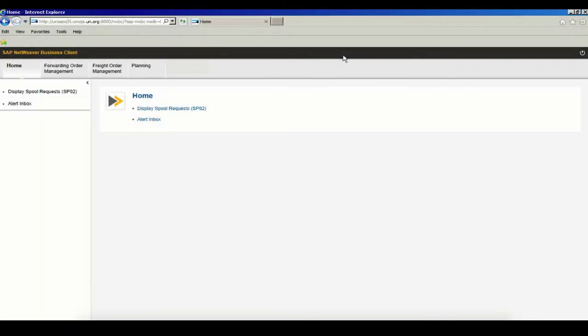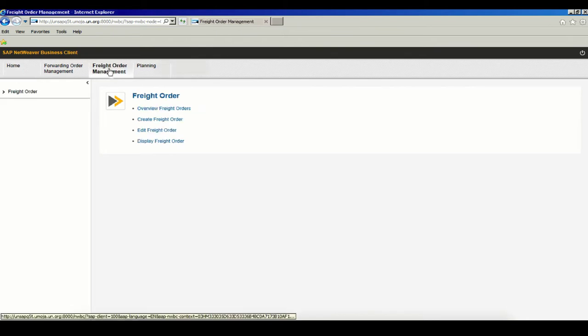So let's get started. Initially, when you log into TM in production, you will start at the Home tab, and this will be the screen displayed. You have 3 other tabs, and the one we're mainly going to focus on is this one here for Freight Order Management, as this will be the tab that will allow us to navigate in the system and search for